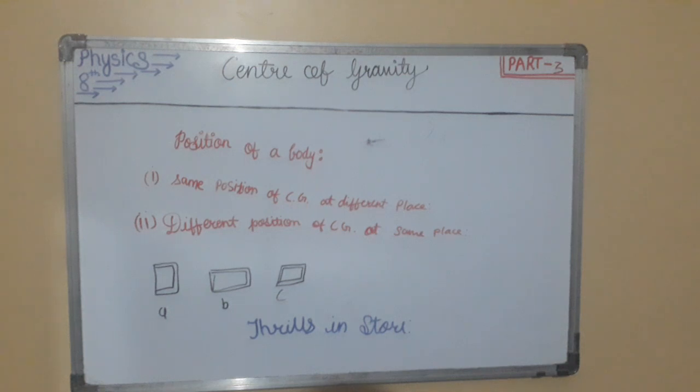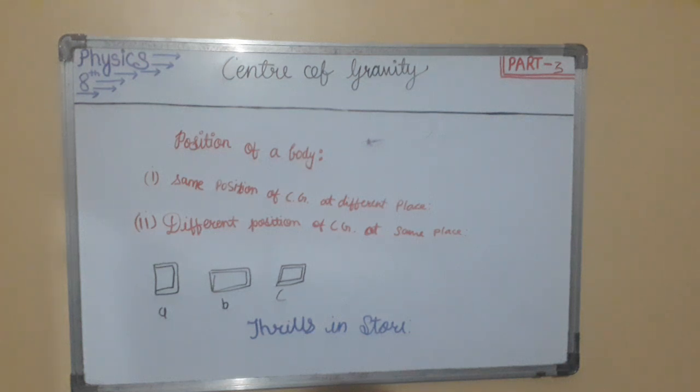Let us try to analyze the reason behind it. If we observe the above figures, we see that the base of book in position C is large and height is less when compared to the area and height of the book in positions A and B. The center of gravity of the book in position C is at a lesser height. So the book is more stable in this position.